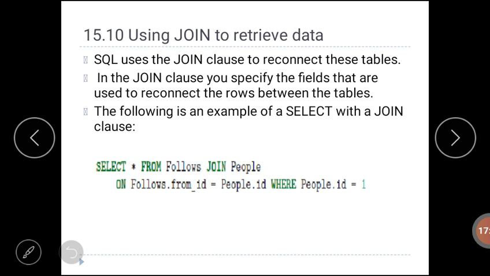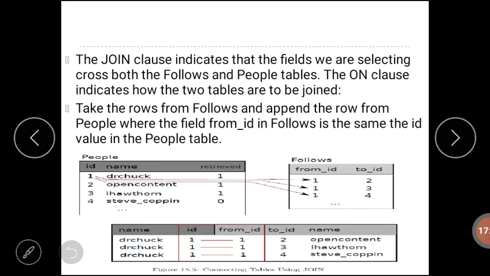In this example, the join clause indicates the fields we are selecting across both the follows and people tables.